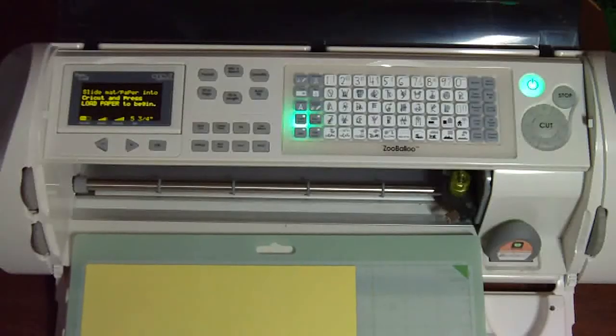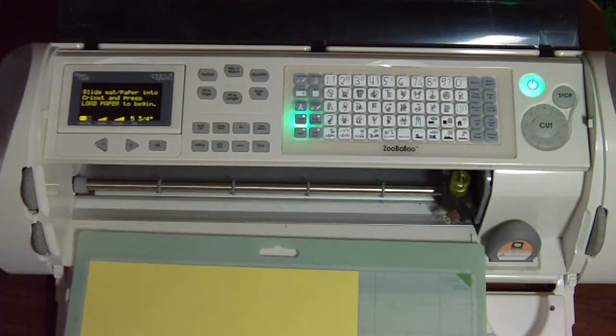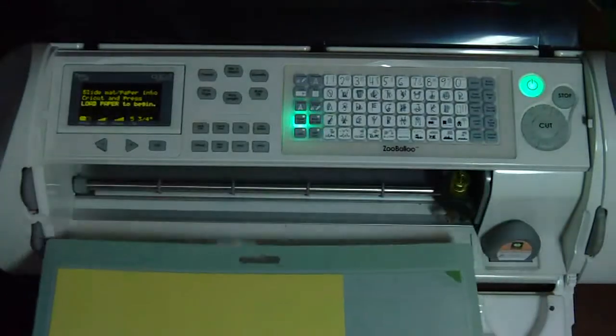Hi, this is Laurie. Today I'm going to be making a project using the Zooballoo Cricut cartridge and the Fit to Page feature on the Cricut Expression. I've already put my paper on the mat. I've got Really Rust lined up with the bottom left hand corner, and I've got a yellow at the top that I'm going to be using for a contrast